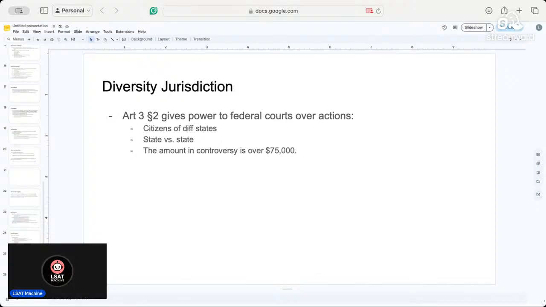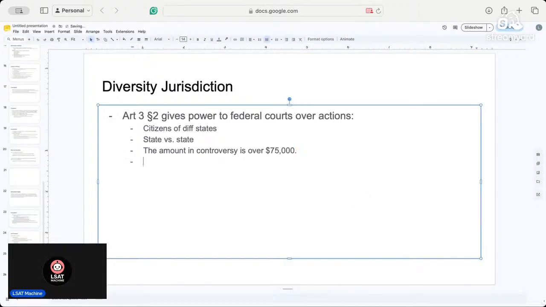So when do they decide whether you're in different states? Do you have to be a resident in different states when the car accident happened, or is it when it's filed? The diversity, which just means difference, needs to exist when the complaint is filed. So diversity must exist when the complaint is filed.